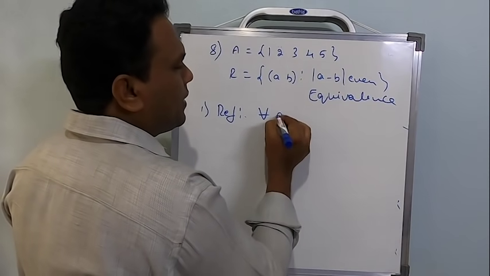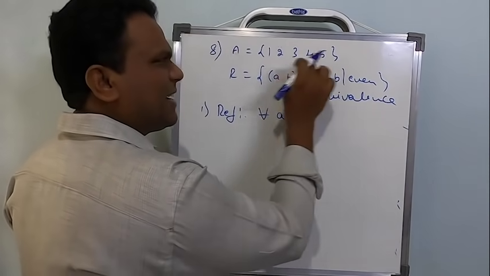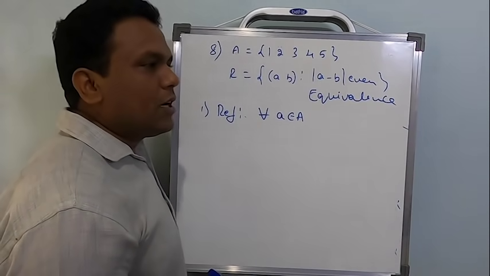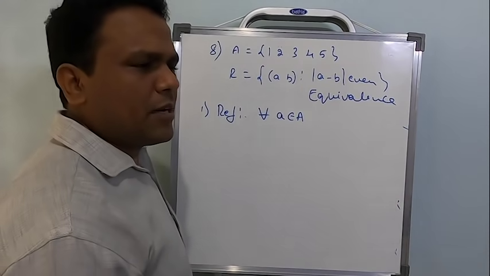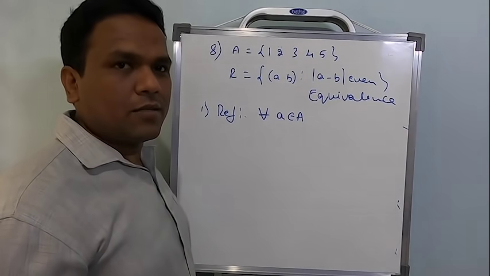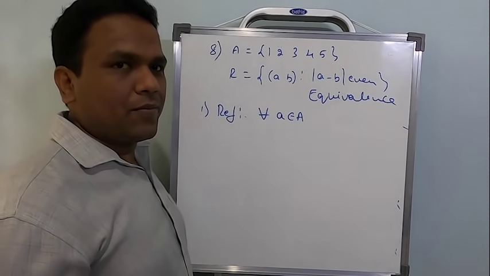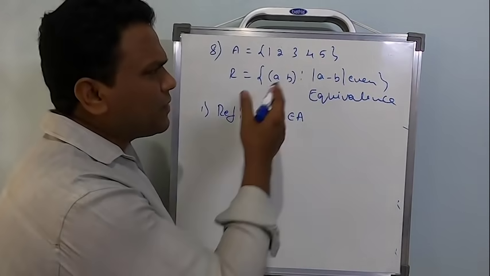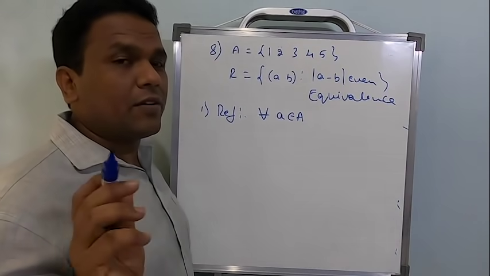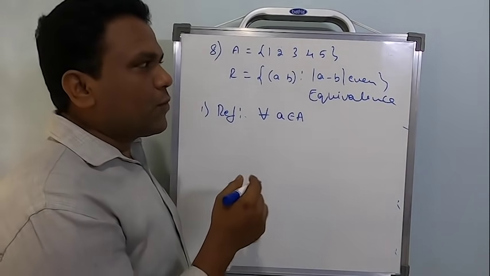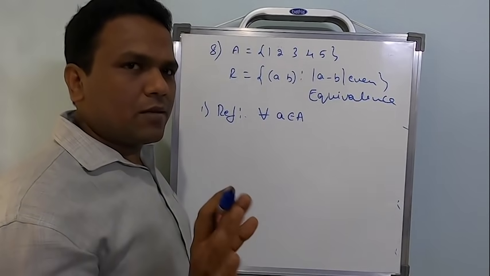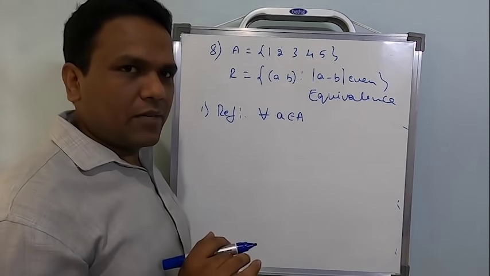Now for reflexive: for every element A belonging to the set. I can take elements also and discuss, but in general it's better, when it's given for 3 marks, to write down the general procedure. Most of the problems from the second main onwards, the general procedure has to be followed. Examples are also fine, but if I discuss examples here, it will take a lot of time for symmetric and transitive. So instead of taking the risk with examples, after this I will show you with examples also, but please don't copy that down. It's just for reference, I will tell you at the end of this.